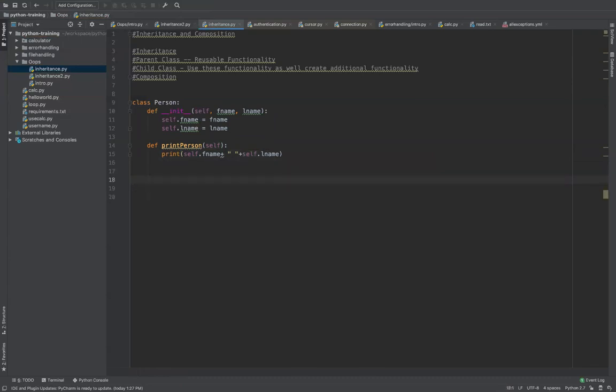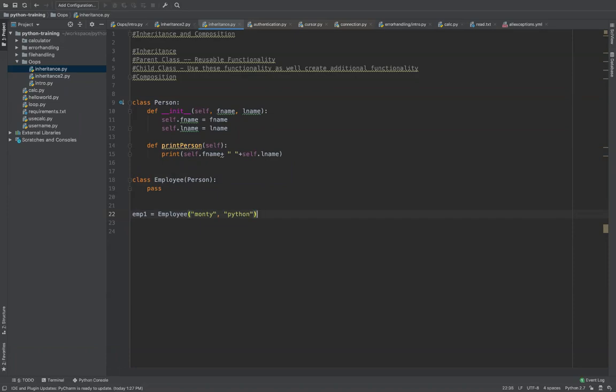Now I want to create an employee class as well. Class Employee, right? And how do you inherit, how do you make a child class? The Person is the parent class. You just name the class inside the brackets, so you are inherited now. That's it, done. Okay, now let's try to create an employee object. employee1 is equal to Employee, right? But we know that it is inheriting from Person, so we need to pass a first name and last name, right? So first name like Monty, and last name is Python.